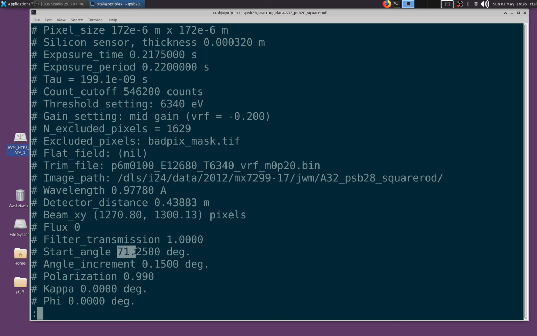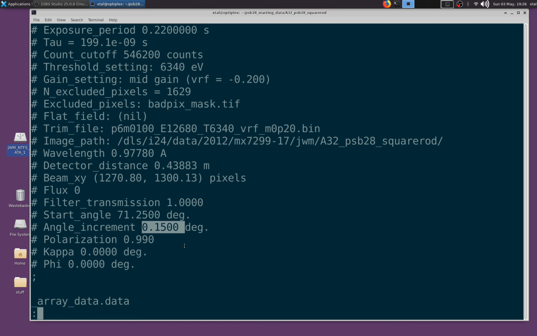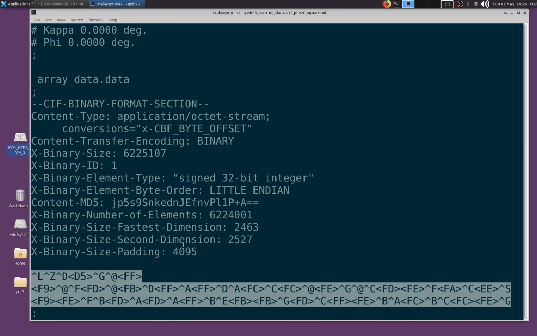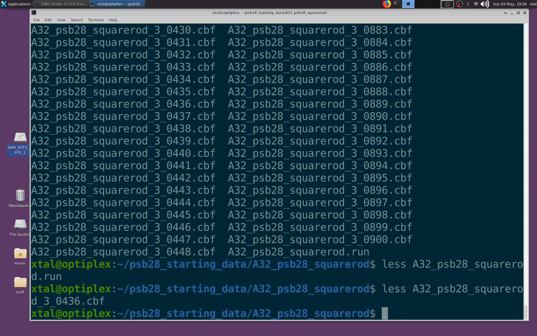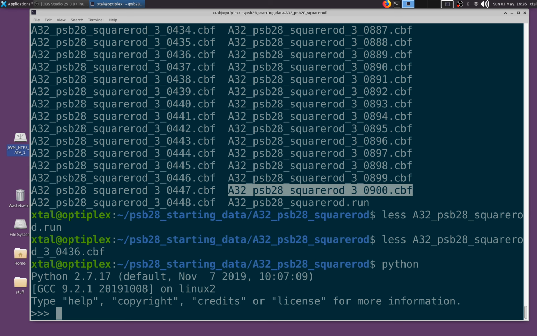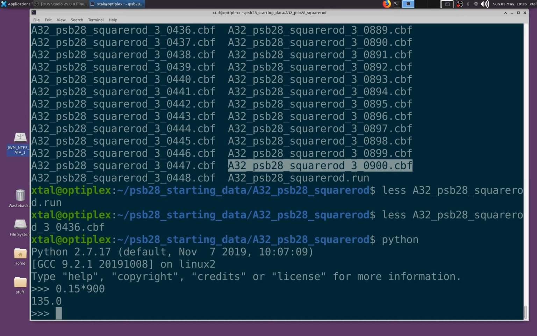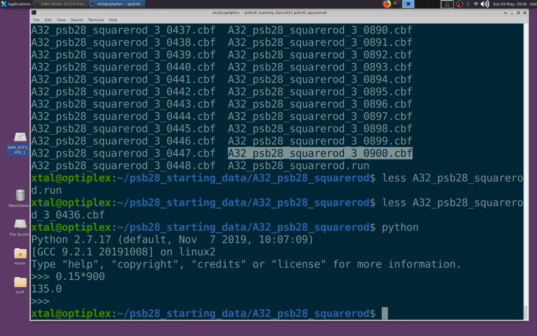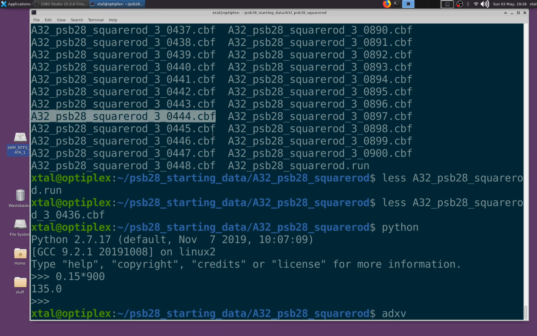We started at 71 degrees and we rotated by 0.15 degrees each image, and then we're into the binary data. So we had 900 images, so the degree of rotation that we had was 0.15 degrees times 900, which is 135 degrees of crystal rotation. So we can look at these images. The data set will be relatively